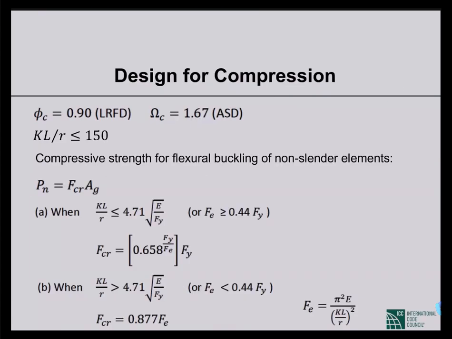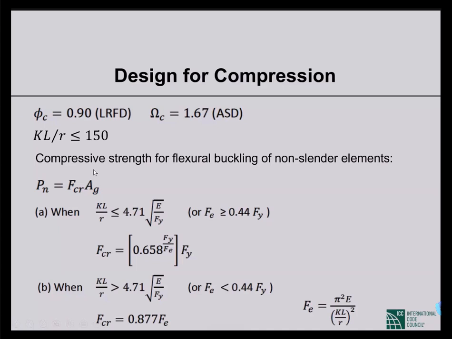Now, that was all about design for tension. If we talk about design for compression, then the limit for the slenderness is even less. You understand that for compression, buckling is a major concern. So the KL by r ratio can never be more than 150. You have to keep it down to 150. And now you see there is something at the bottom. We calculate Pn, the nominal strength.